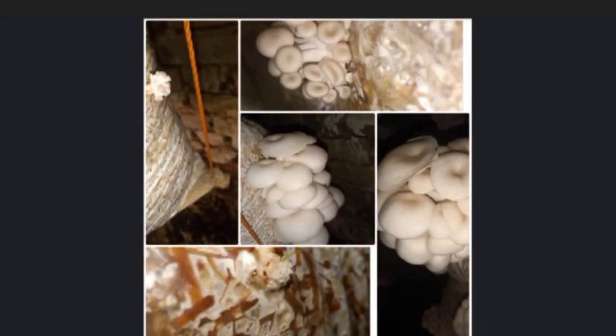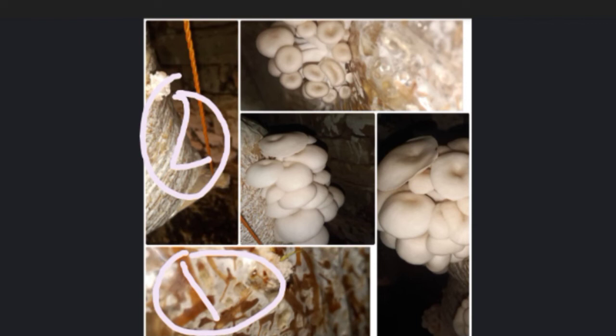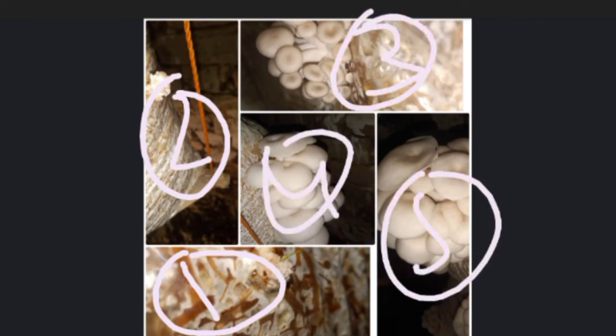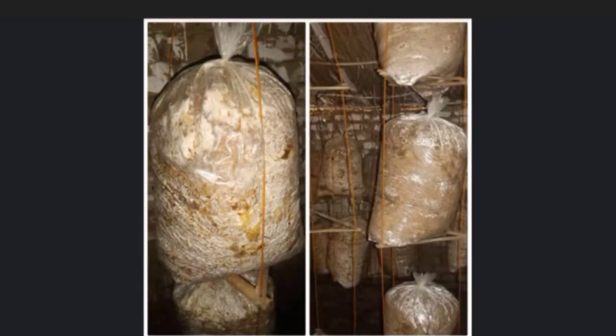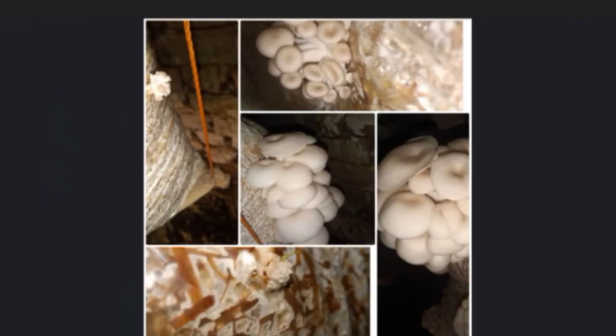That was the first time for me, so everything is amazing for me. If it is the first day after the lag phase, the second day it will germinate like these pictures. It is the picture of the third day, the fourth day, and the fifth day. After the lag phase is completed, the log phase is only 5 to 6 days, because the cell division in this time is very fast. And you can harvest it.